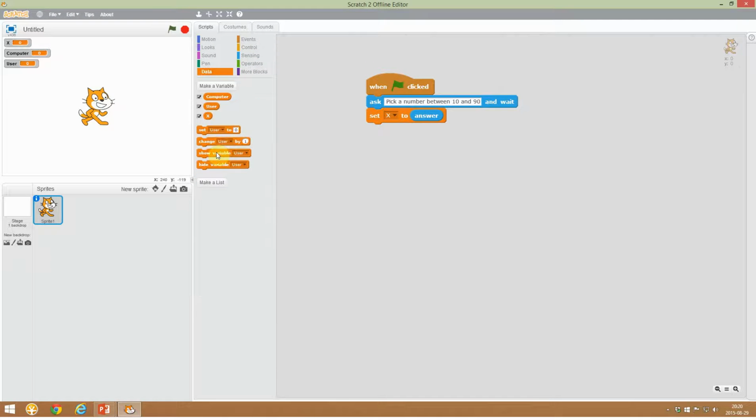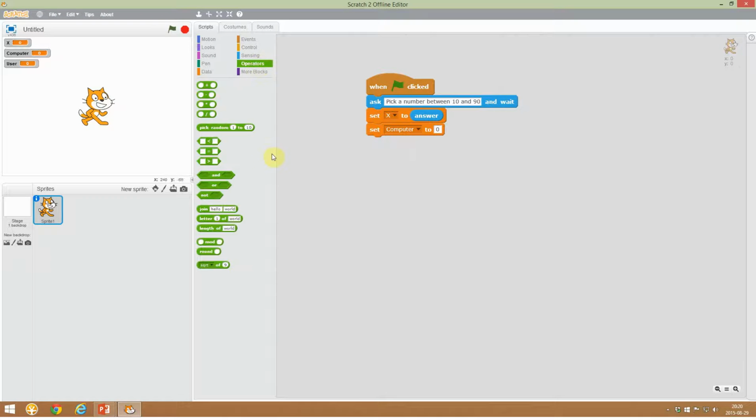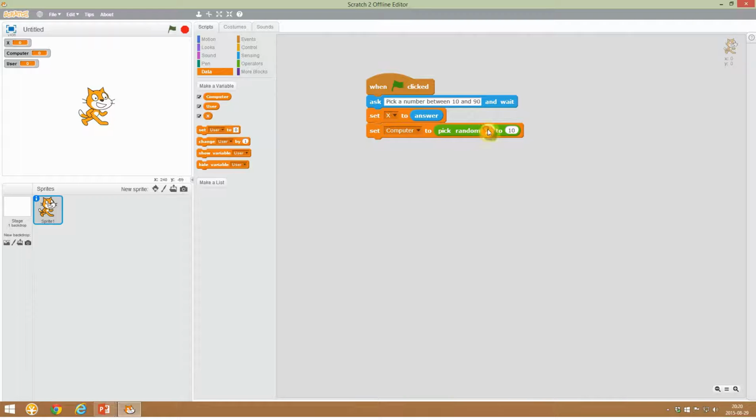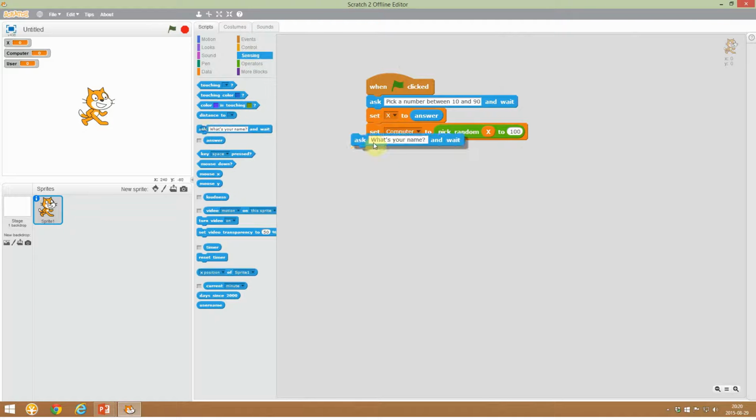Then the computer must go and choose its answer. And we're going to use the random function. And it must pick an answer between x and 100. Now the user needs to enter an answer as well, and we have to use the ask and